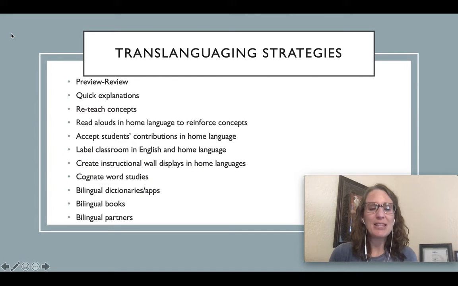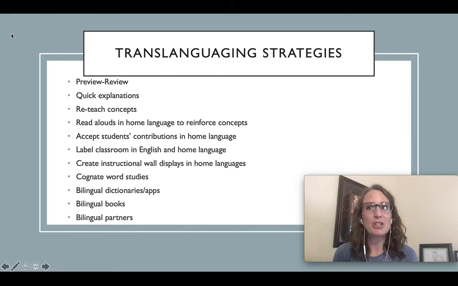So let's take a look at what was in chapter 11 of the textbook this week. This is a list of most of the suggestions that the author had for strategies that teachers can use when they have ELL students or emergent bilingual students in their classrooms. I think it's important to look at the description of each one of these and what the author has to say. Some of them work in some situations, and I will tell you from personal experience that some of them don't work in some situations. And so it was interesting to consider Moises' teacher's situation and think really hard about which ones would have worked in some of those clips and which ones might not have worked.